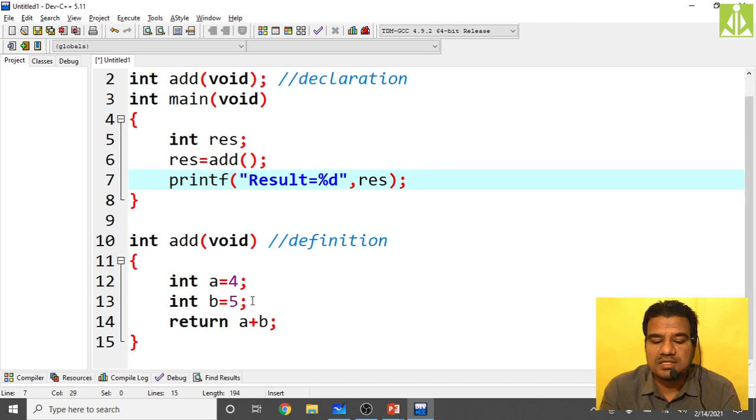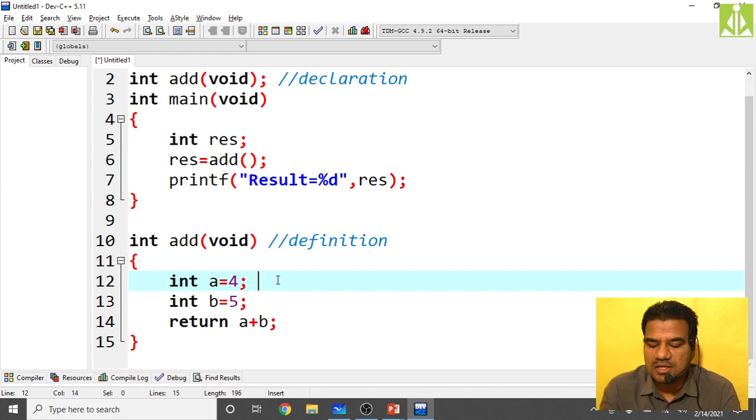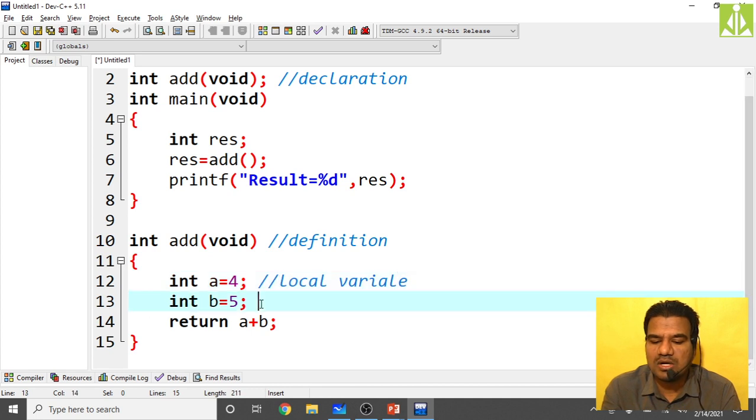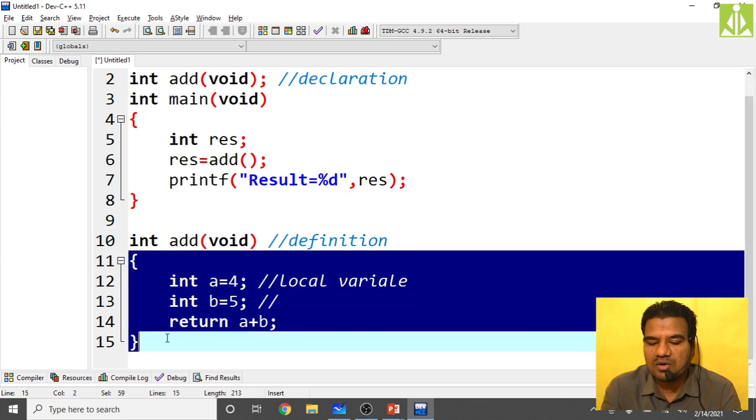So we said this a and b are local variables. The scope of these variables is local to this block. As they are local variables, their scope is limited to this block, from this opening bracket to the closing bracket. In this blue area only you can access these a and b.